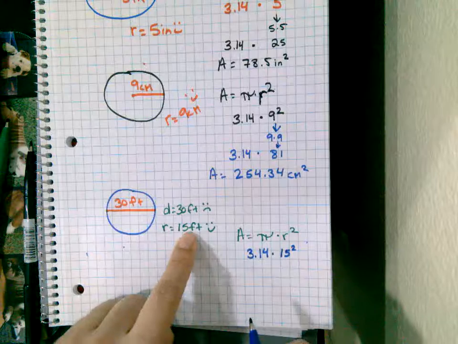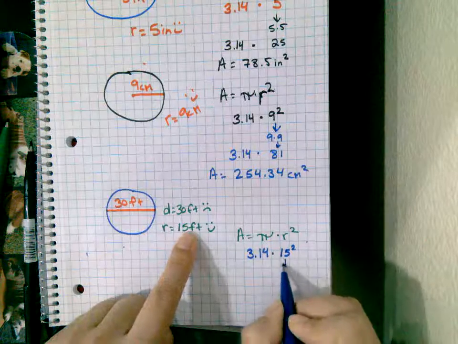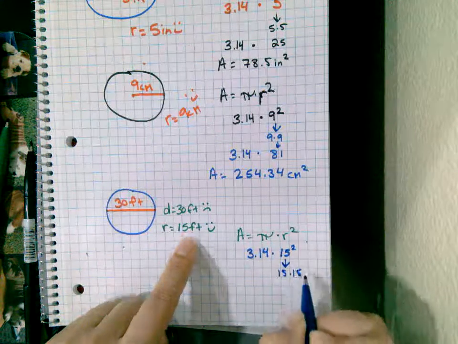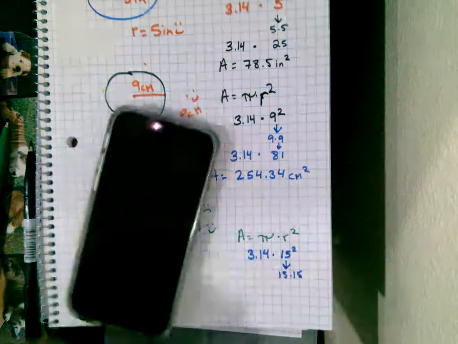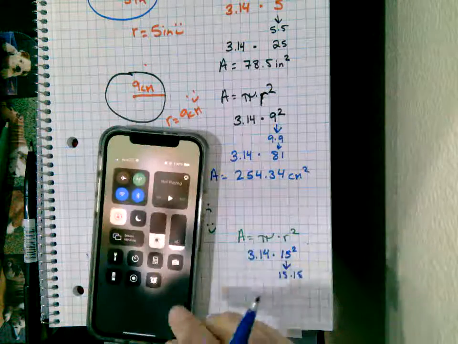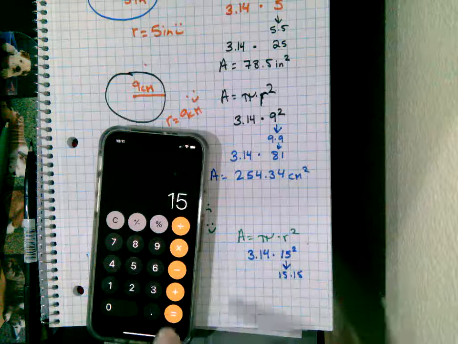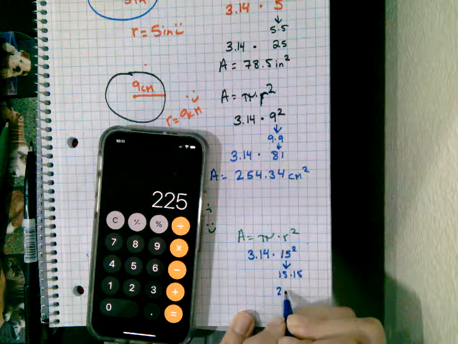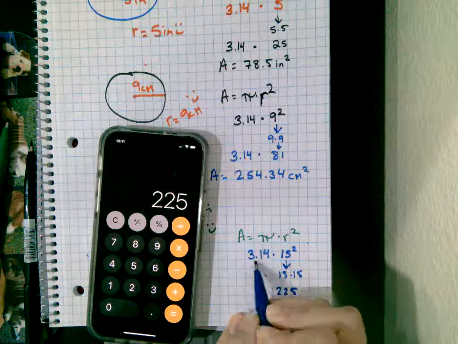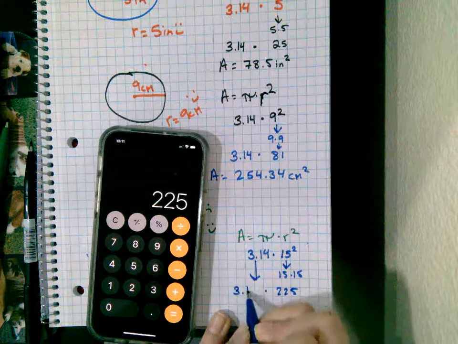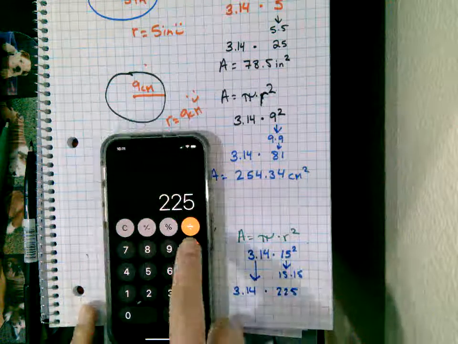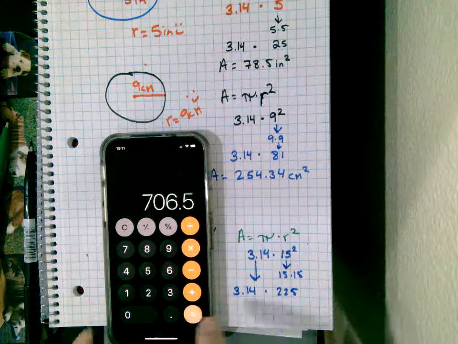Use it. Oh gosh, 15 times 15. Good thing I have a calculator in my pocket. 15 times 15 equals 225 times, bring down the 3.14. All right, I have 225 times 3.14 equals,